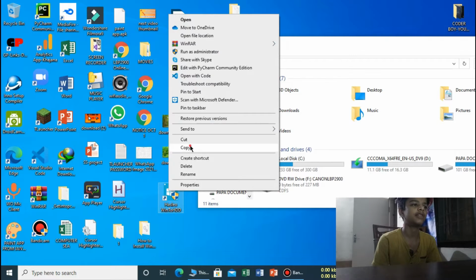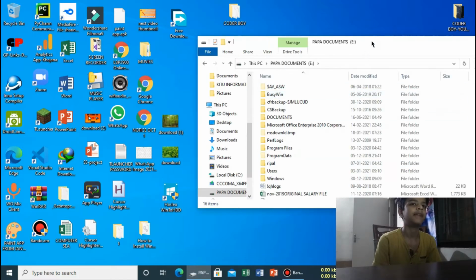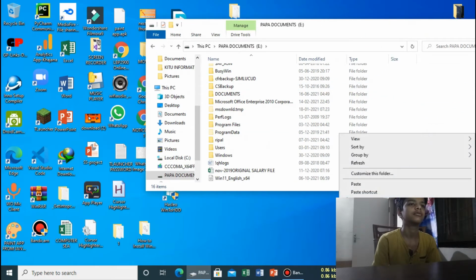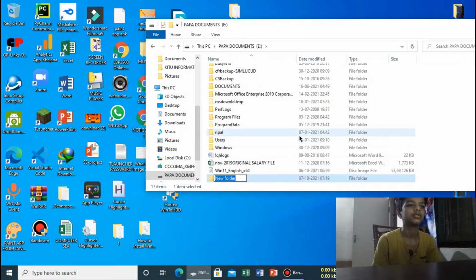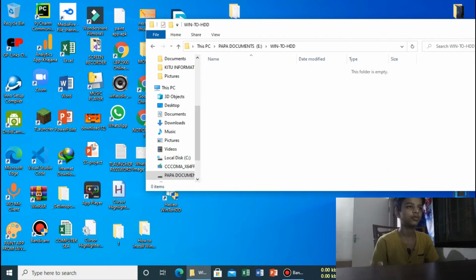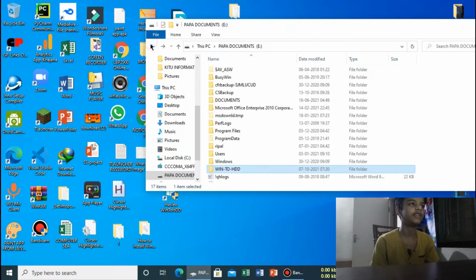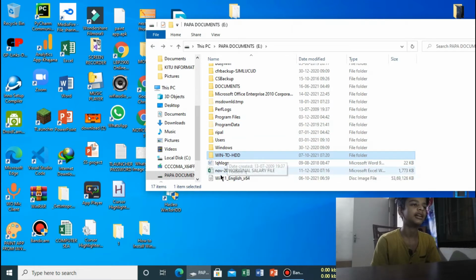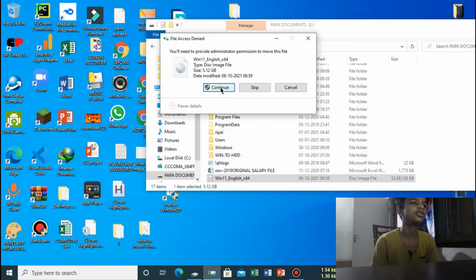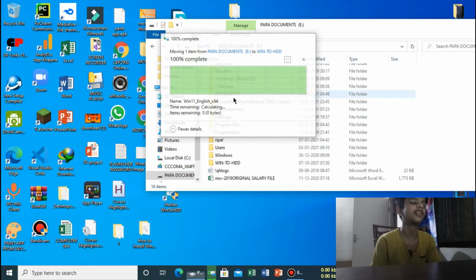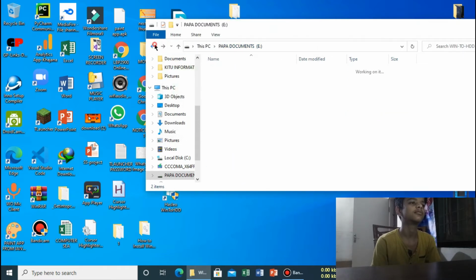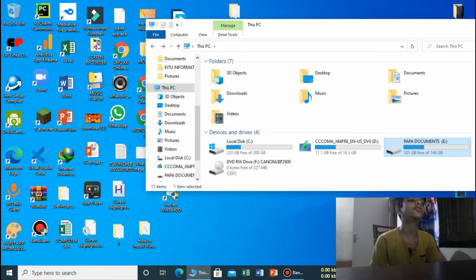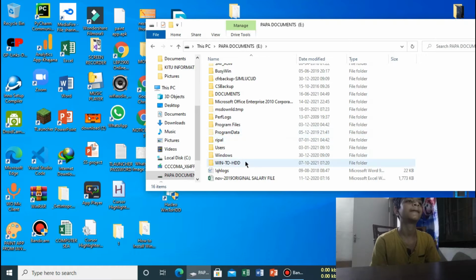And again I would like to tell you that copy this file and paste it in your D drive. Create a new folder and paste it. Let us give a name. Open it. Now click on Ctrl V and paste it, and save the ISO file also in the other drive. Don't save it on C drive, otherwise this process will not work, and obviously we are going to format this drive, that's why.